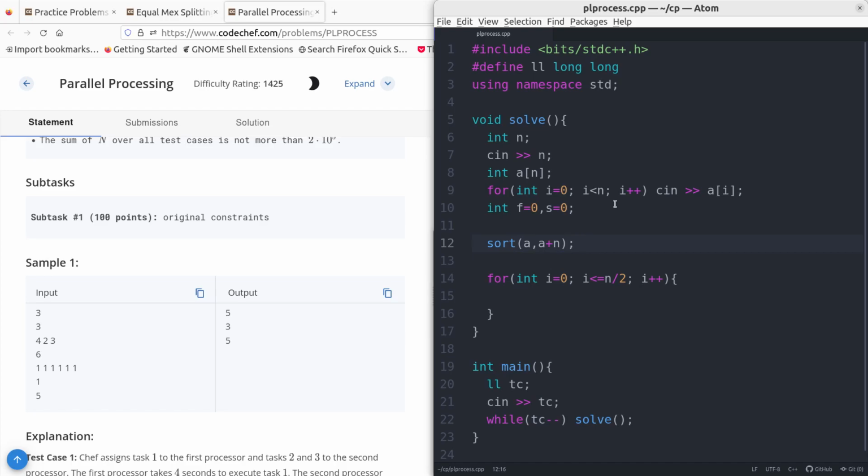Yeah, after sorting the array, we'll be having all the smaller numbers in the front and all larger numbers in the end. Don't you think if it is 1, 2, 3, 4, 5, 6, then it is 3, 4, 5, 6 for the first processor, which will take 6 seconds, but the other processor will take 15 seconds. So if we say 1, 2, 3, 4, 5, 6, and if we have the first one and the last one, if we add to the one processor,